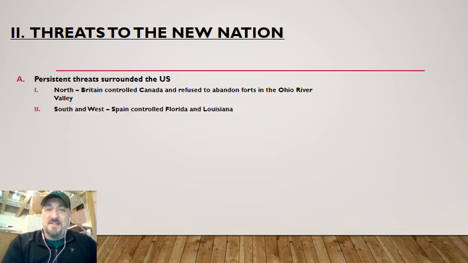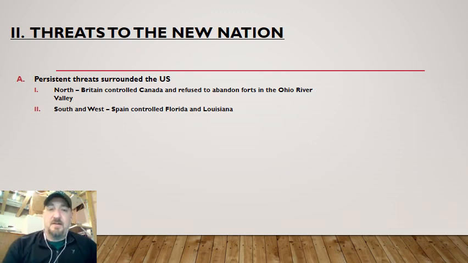And to the south and west, Spain controlled Florida, so that southern border of Georgia. The United States doesn't all the way run down to the south yet, and they also controlled a huge, huge piece of the central part of the continent, running through our present-day Midwestern states,